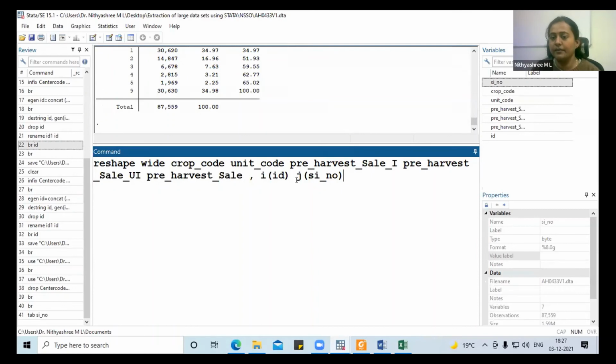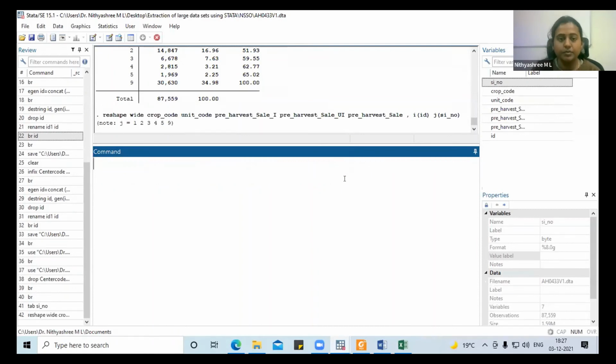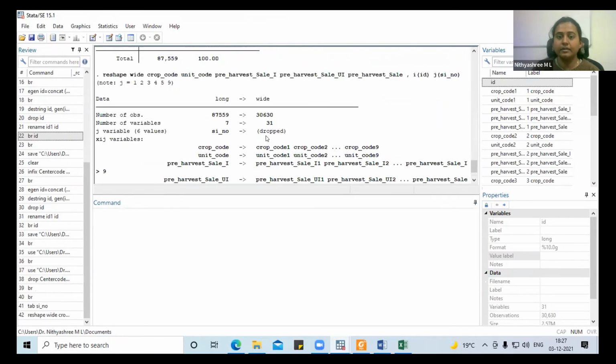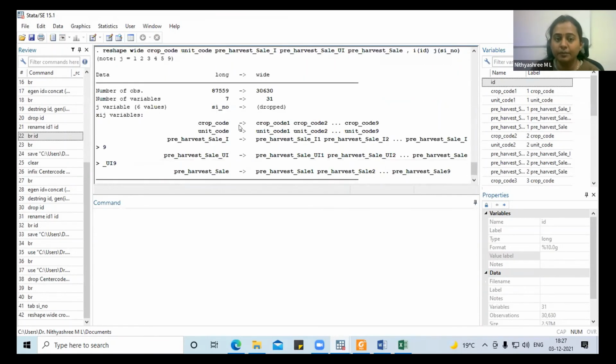The ID we have already created, and when you execute this, it will be converted into a wider form. Meanwhile, it will give you instructions that long has converted to wide and serial number has dropped. Like the number of subjects dropped, and similarly like grade 1, grade 2, grade 3, here the crop code, where serial number 9 was there, has become crop code 1, 2, 3, 4, 5, 6 till 9.